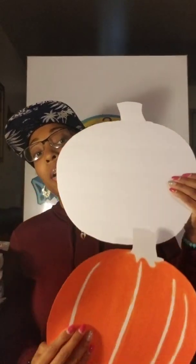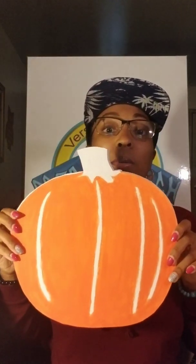So it hit me, foam board. So I got some foam board from the Dollar Tree. And I traced this pumpkin out on the foam board. As you can see, I have it perfect. So what I'm going to do, I'm going to finish painting. The goal is